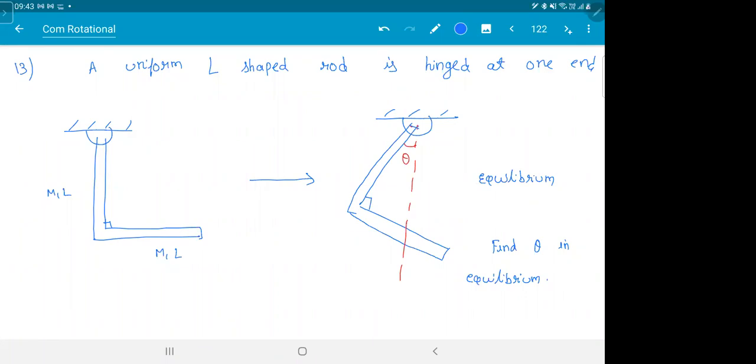You can try this with anything. Your water bottle is there, or a bag or anything. If you catch it at one edge, you'll observe your bag doesn't stand straight. It starts bending. You can try with your notebook. You try to catch it at the corner. You will see it won't be straight. It will just become like a rhombus. If you try to catch your book here, your book becomes like this. So there is some reason why that is happening. If you see this and the previous two questions, all are based on center of mass only.